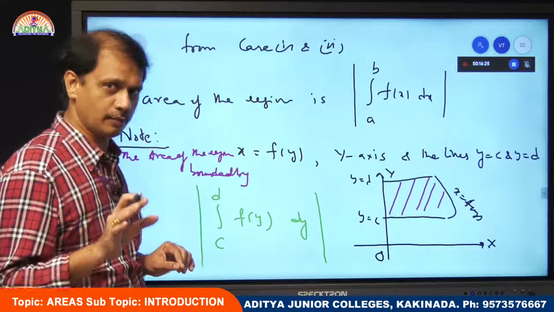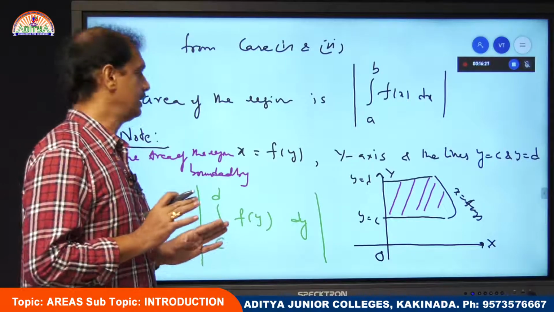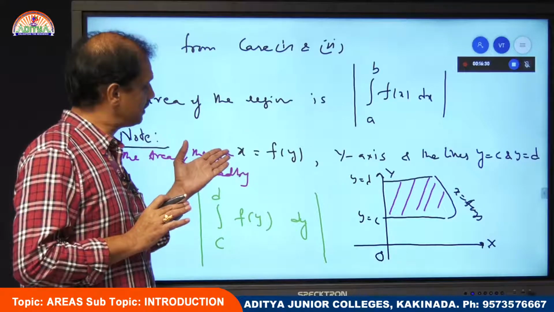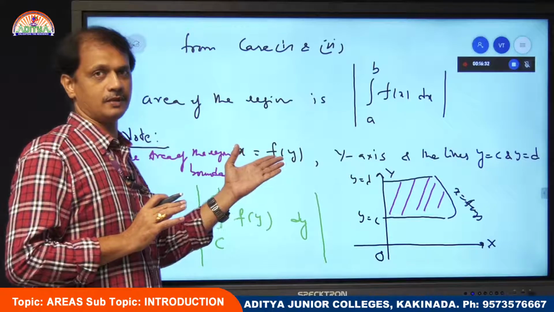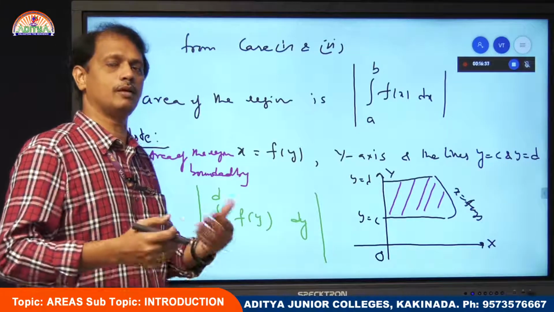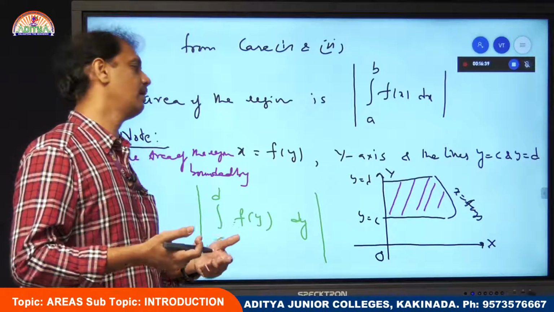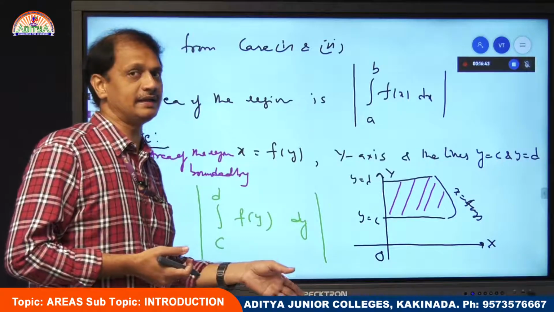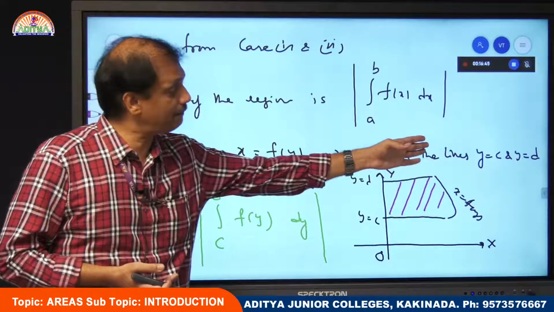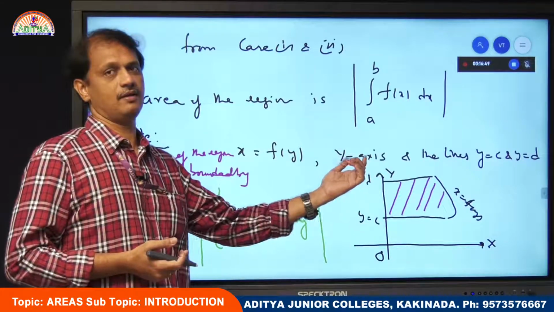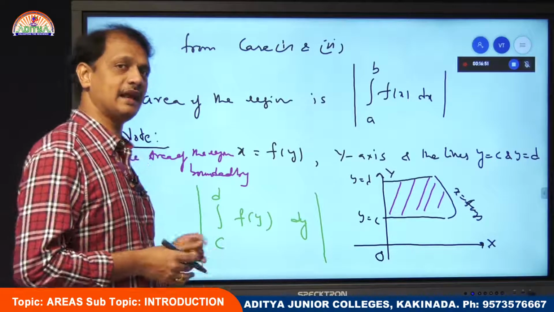Whenever we are doing problems, what you have to observe is whether the curve is in terms of y or in terms of x. Here you can observe x is in terms of y. And then what you have to observe is what are the corresponding bounding limits of integration. For that one, it is y equal to c and y equal to d. That means you are taking integration along the y-axis. They represent along the y-axis, and it is bounded with the y-axis. For that one, how am I writing this integral?